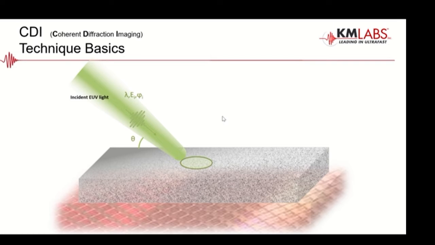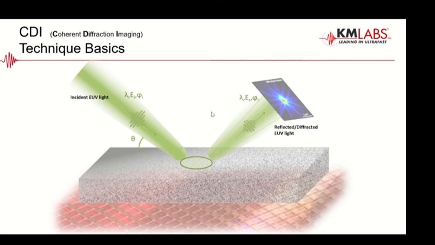So when that happens, we illuminate a spot that's just the size of that laser beam, and some of those photons are going to bounce off the surface, and then we can characterize that reflected beam again by the same wavelengths that are going to exist there, but now we're going to have a different amplitude, so E sub r, and a different phase of those waves as well, so now phi sub r compared to the i subscripts for the incident light. And it turns out now when we put a detector here, the image we get isn't actually just